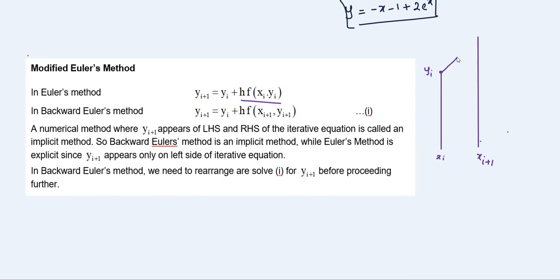What we do is we take the slope at this point and then approximate. Now we say, okay, there will be error because of this. So what modified Euler's method does is I will consider the slope at